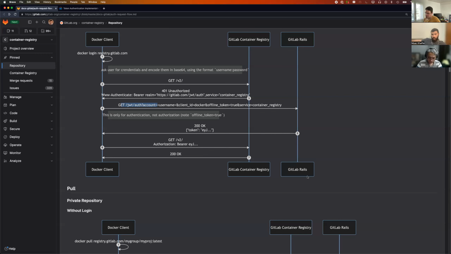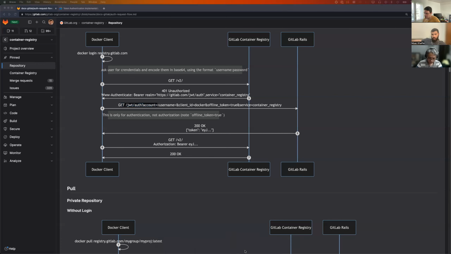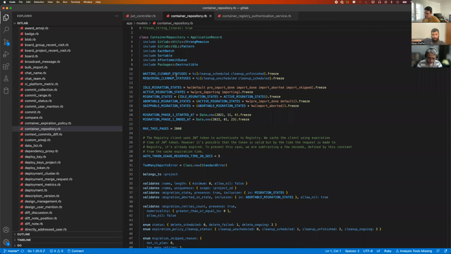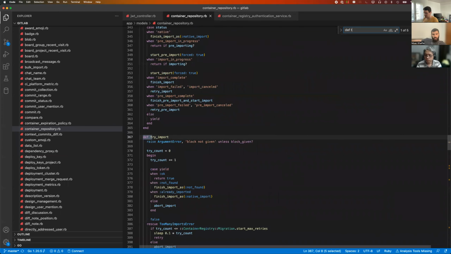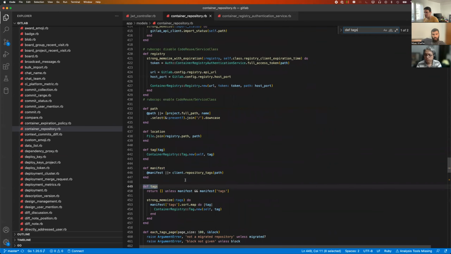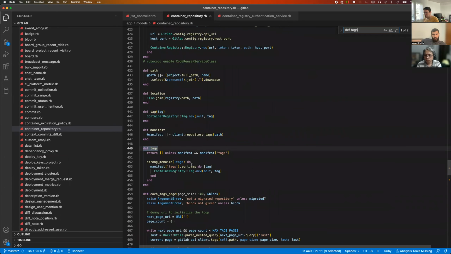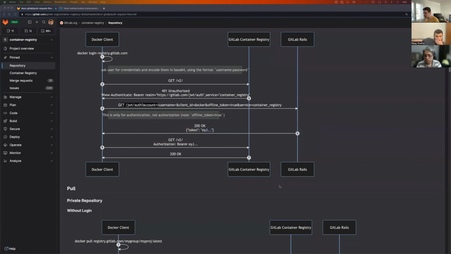If you load the container repository, there is no way to know how many tags or which tags are available on this container repository. The only way to know it, and I assume that there is a dev tags, yeah, it's here. The only way to know it is, we'll take this schema back,